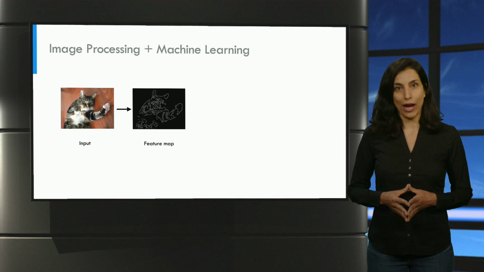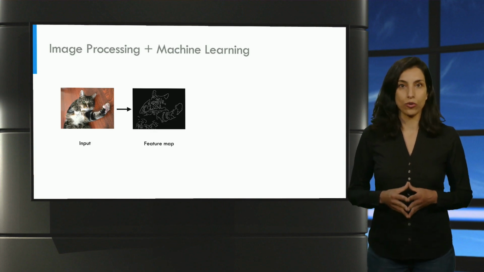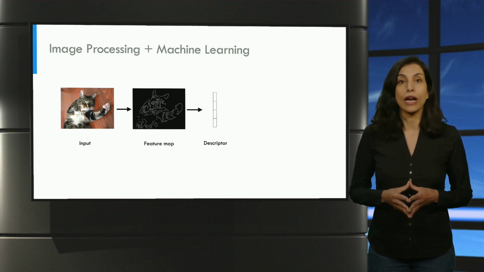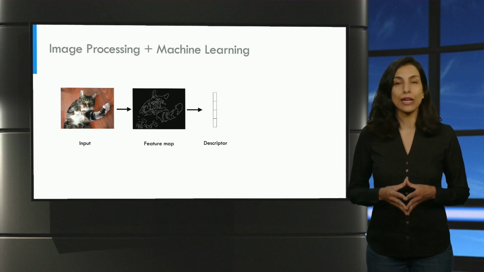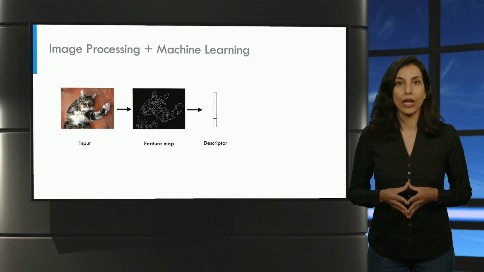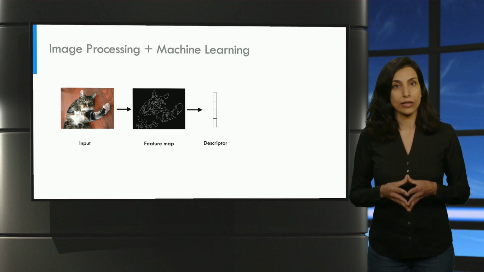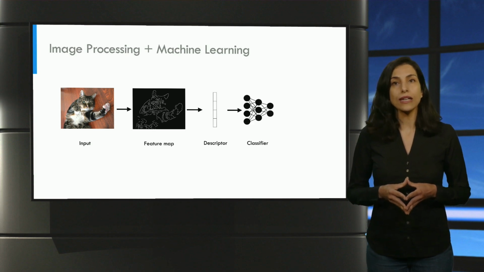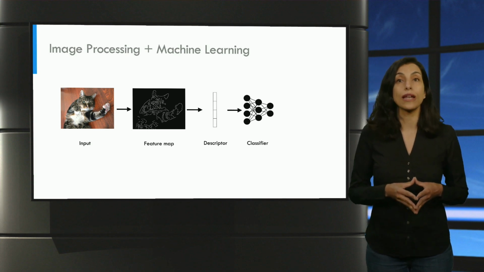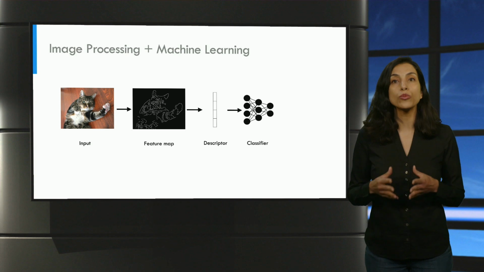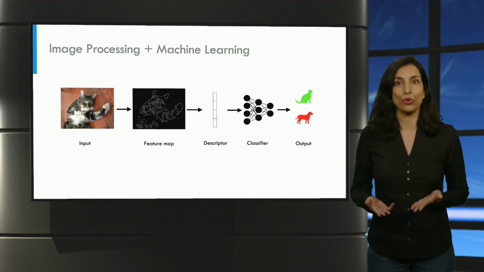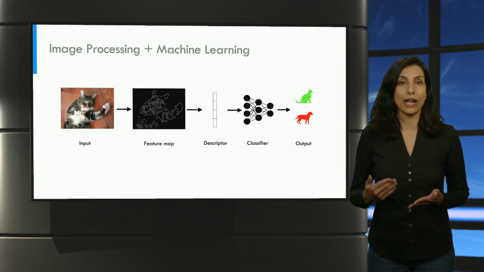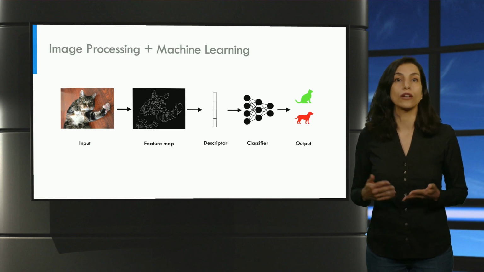The manual feature extraction is still present in the learning approach. However, we may use descriptors or feature vectors that are the abstraction of the raw features to break the curse of dimensionality. Examples of these vectors and descriptors are bag of visual words or feature vectors. In the next step, a classifier, for example, a multi-layer perceptron, is used to output the class labels. In our example, the classifier has been trained on a dataset of cat and dog images with class labels. This is a supervised learning framework.